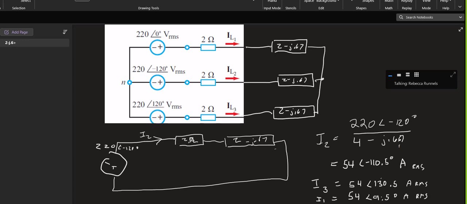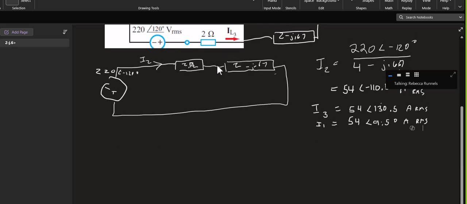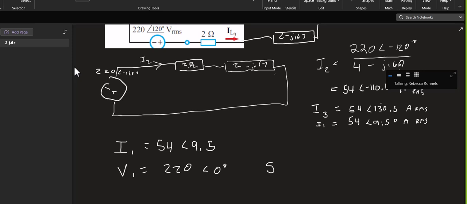Okay, now the next question says, find the complex power delivered by the source. Let's just do it for the first phase. At this point it should be pretty easy because we have I for phase 1 is 54 angle 9.5, and V1 is 220 angle 0 degrees, and so our complex